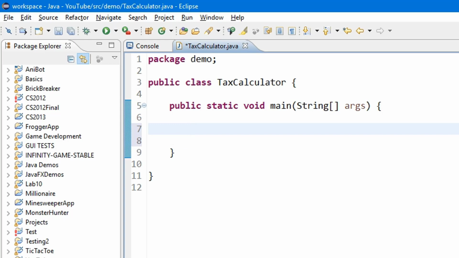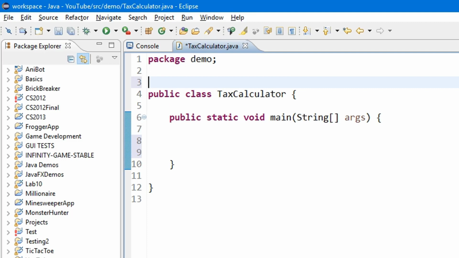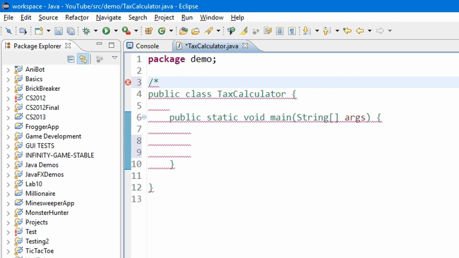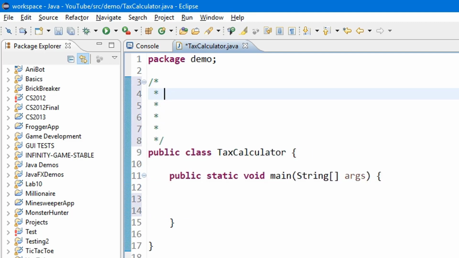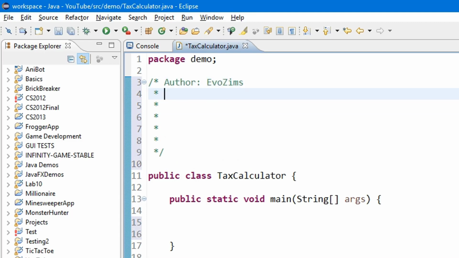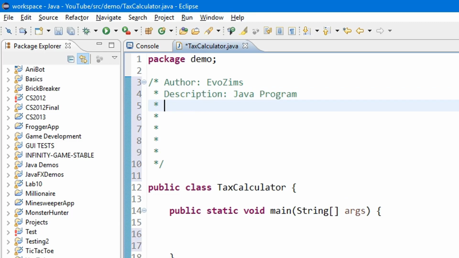Very cool. And now what we're going to do is at the top over here, what I usually like to do is give some comments. I'm going to do a slash with an asterisk and then press enter a bunch of times. It autofills these stars for you. And so what you want to do now is type in something like the author. This is your name, obviously, and then the description, like what is this code? Java program, tax calculator, right? And the date is 10/15,